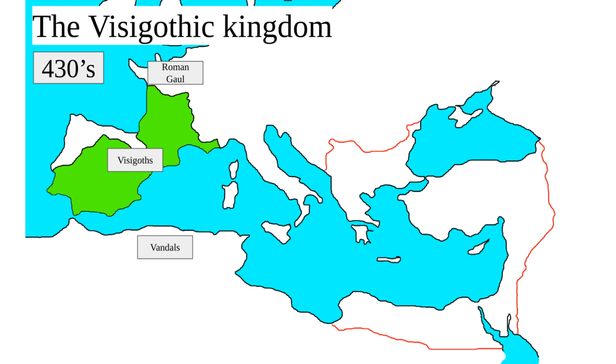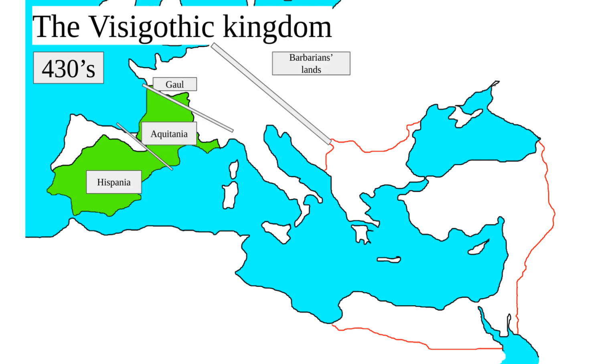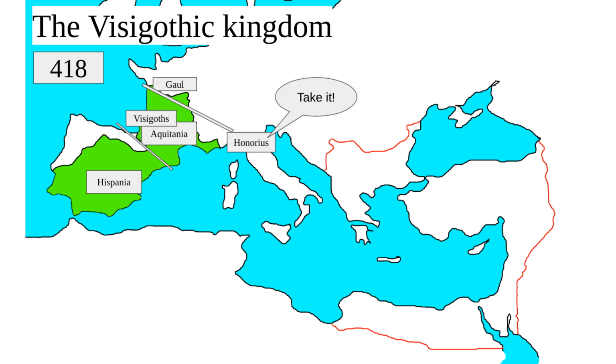Something that is not mentioned is that Gaul and Aquitania are two different places. And Aquitania is between Hispania and Gaul. And Aquitania is where the Visigoths lived. In 418, the Visigoths gained control of southern Gaul, Aquitania, by a treaty with Emperor Honorius. Probably so that they would stop proclaiming senators emperors, because they had done it twice.